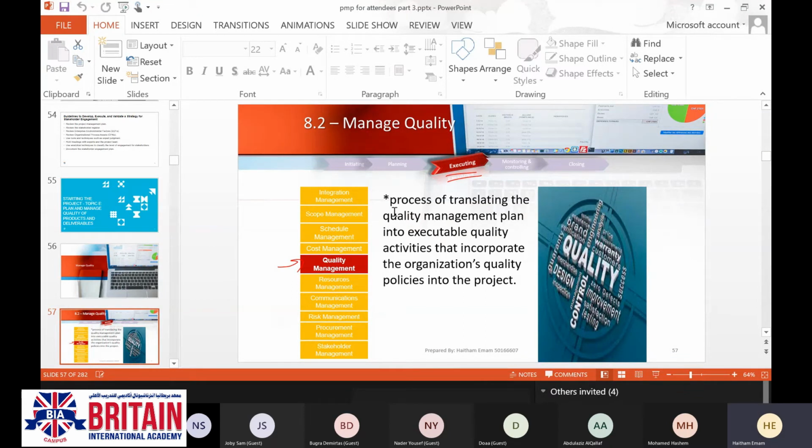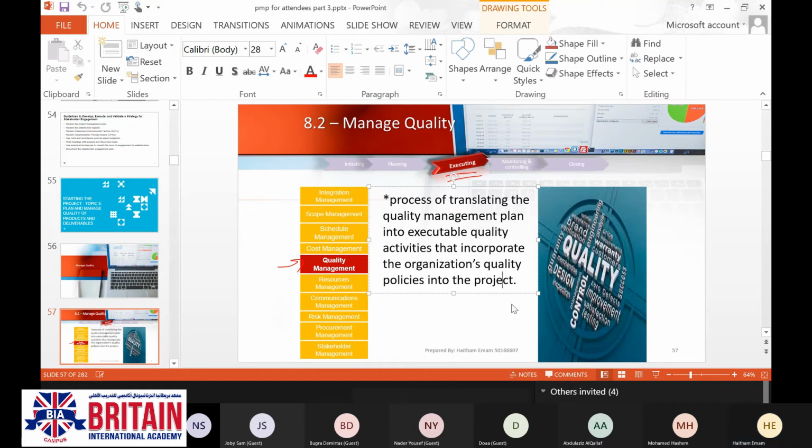The question was asking about the definition: the process of translating the quality management plan into executable quality activities that incorporate the organization's quality policies inside the project. So here we are talking about the definition. It's straightforward.